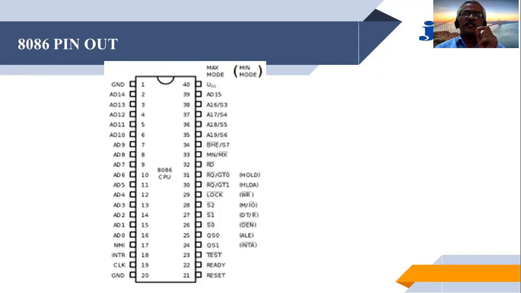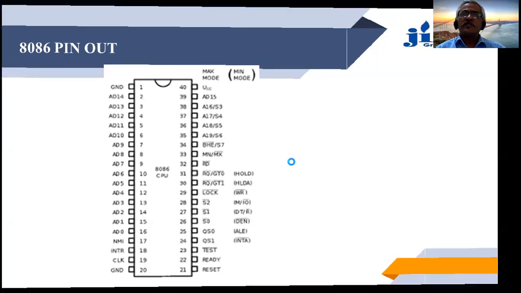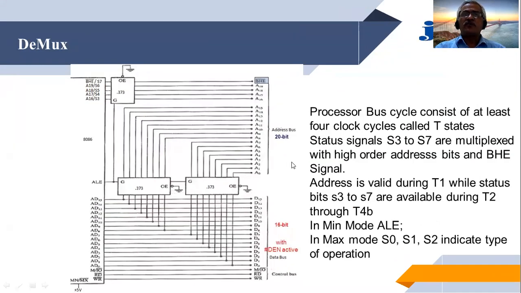The signals of interest to us will be the address and data signals, the signals like M/IO, the minimum mode, and the maximum mode signals. So let us see how this demultiplexing operation is done. We said that demultiplexing is required so that the address and the data bus are separate in the physical world, as internally the address and data are used in the multiplex mode. But in the real world, they have to be separated.